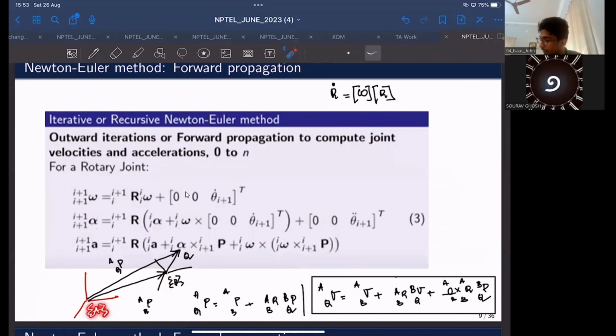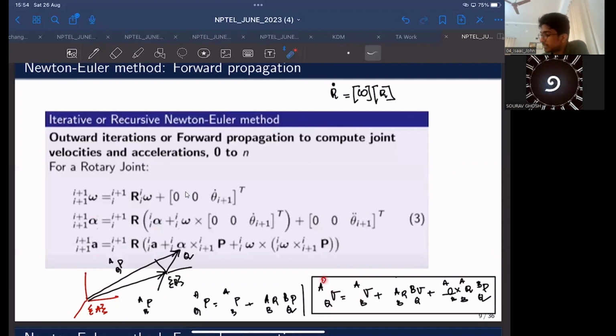And again, if we further take the derivative of this equation, we will get the expression for acceleration also. So further taking, this would become acceleration. This would also become an acceleration. You have to apply the chain rule for this equation. If you apply the chain rule, you will get two more terms from this term. And if you apply the chain rule to this term, you will get three more terms. So in total, you will get three from here, two from here, then one from here. So six terms would come in the case of an acceleration expression.